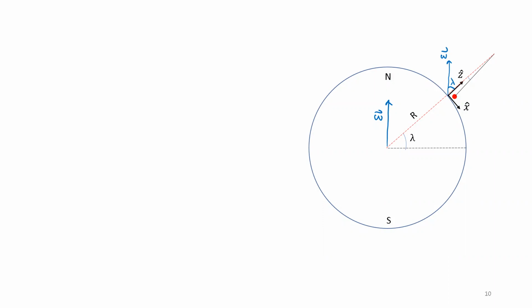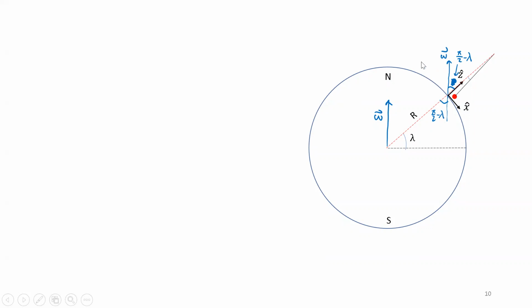No, I'm sorry. This is not lambda. This is 90° minus lambda, right? Because this is lambda, this is right. So pi over 2 minus lambda, right? So that's why this is also pi divided by 2 minus lambda. Okay. Right. So therefore,